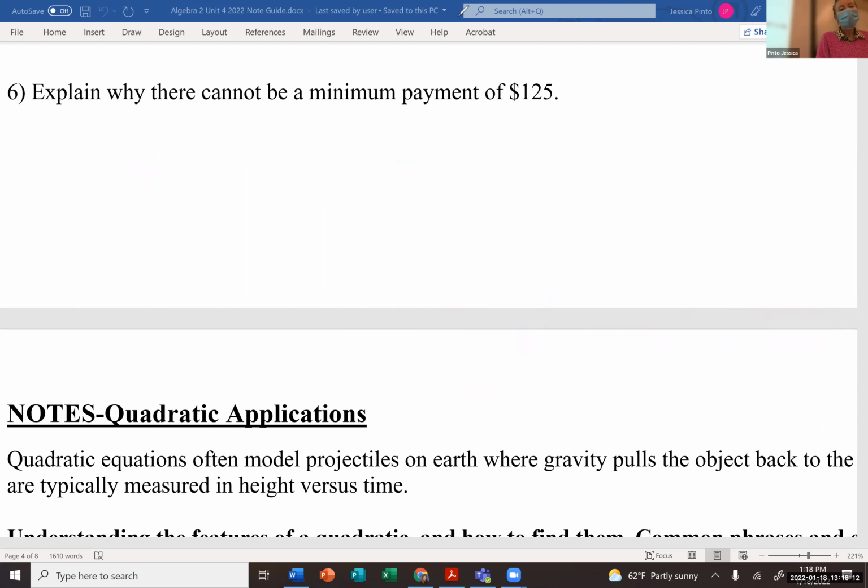All right, so now we're going to switch into our Desmos. So you're going to get out your Chromebook and you're going to go to student.desmos.com and you're going to get to learn about